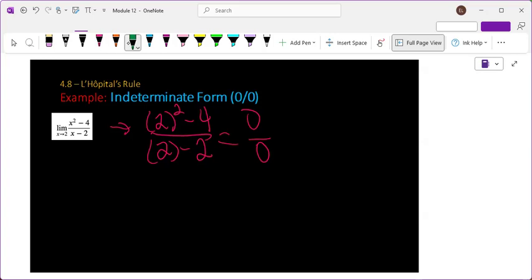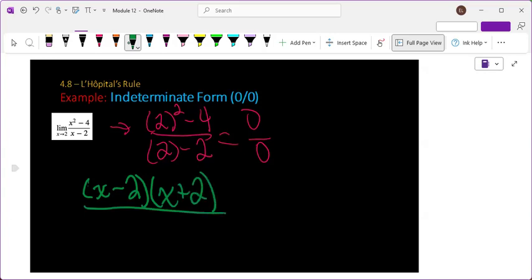When we were doing limits before, what this meant was, well, you've got to go back and try some algebra tricks. So the x squared minus 4 factors into x minus 2 and x plus 2. And so this is an equivalent way to write the function. Within a limit, I can cancel things out. The resulting thing that I'll have left is no longer equivalent to the original function.